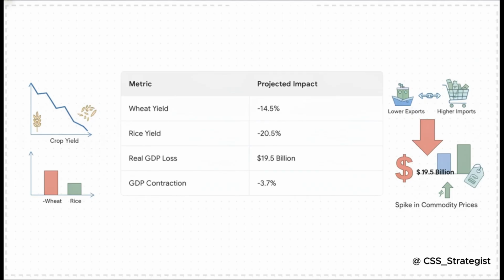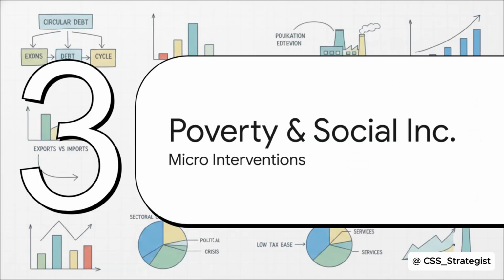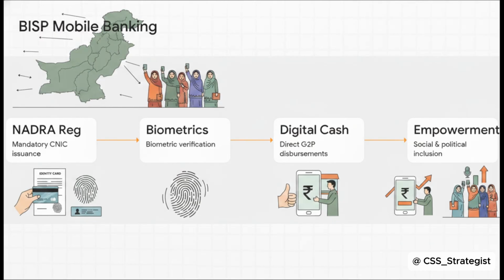Seriously, memorize these statistics. FPSC examiners look for exactly this kind of data-driven anchoring when you're discussing climate vulnerability. All right, Module 4, Poverty and Social Inclusion. Now, let's pivot from those macro global models all the way down to the micro level. With extreme poverty rising to 16.5%, how does the state actually manage social inclusion and protect its most vulnerable citizens?